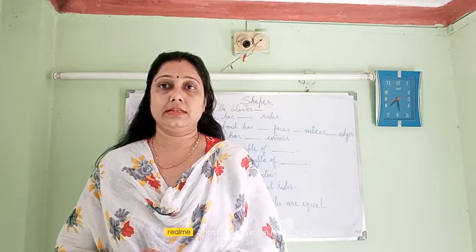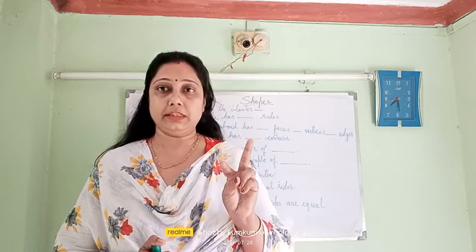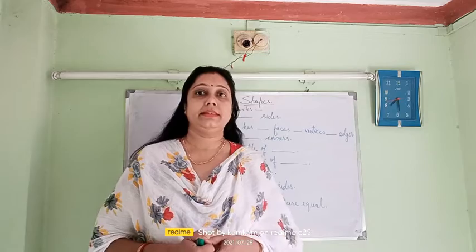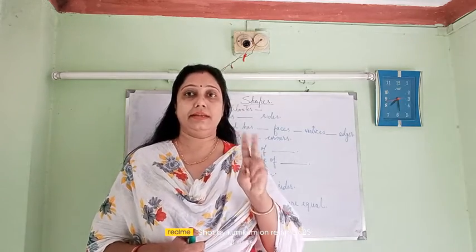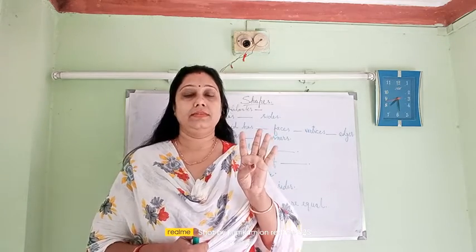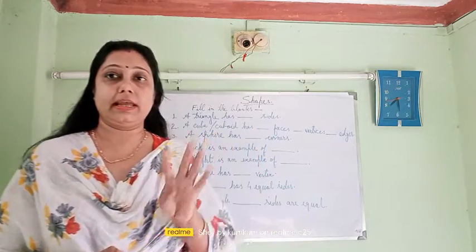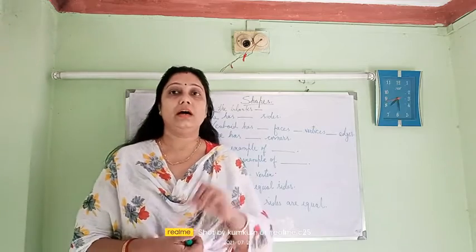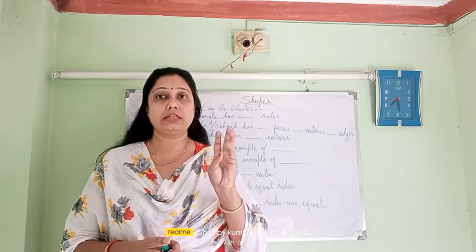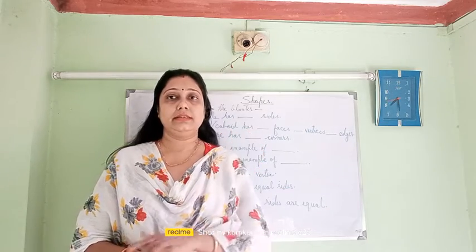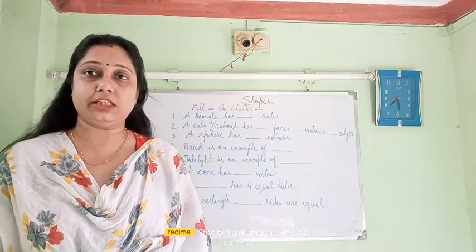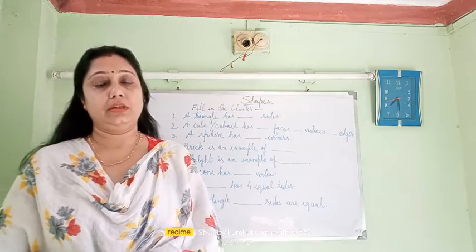Mainly we have discussed two types of shapes. One is plane shape, another one is solid shape. We have read in the plane shapes that a square, a rectangle, a triangle, a circle. These main plane shapes we have discussed, and in the solid shapes we have discussed a cone, a cuboid, a cube, a sphere and a cylinder. These shapes we have already discussed. So there are 5 main solid shapes and 4 plane shapes.